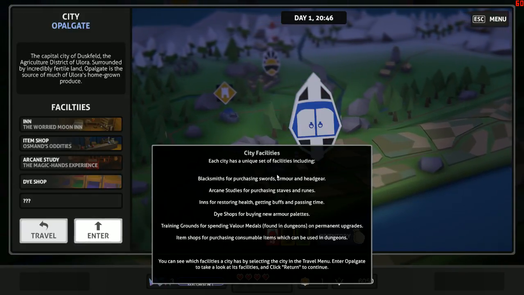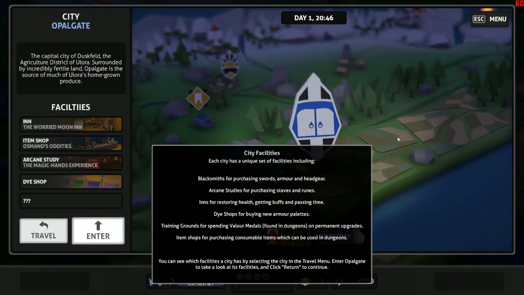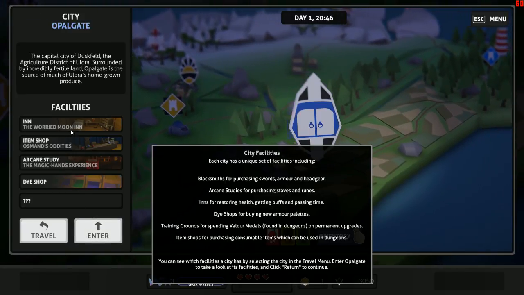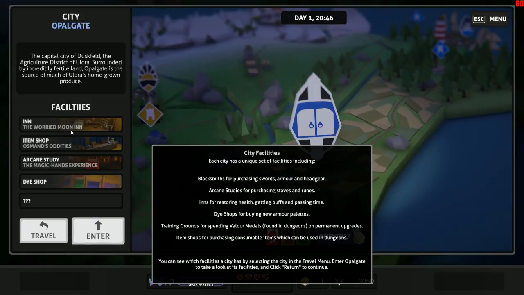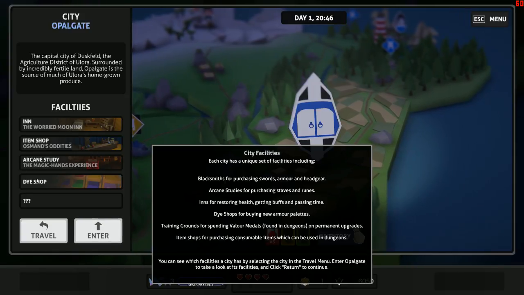Oh, random encounters. You're the best. Purchasing staves and runes. Okay. Inns are for restoring health, getting buffs, and passing time. Dye shops for buying weapon, armor, palettes. Sorry. Training grounds are spending Valor medals. Okay, so let's go buy...